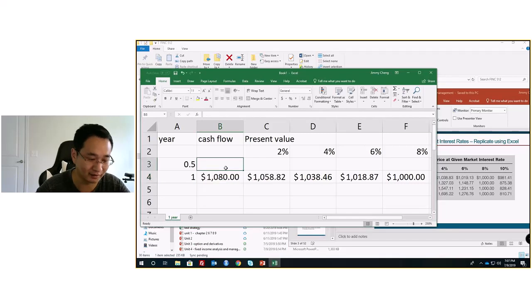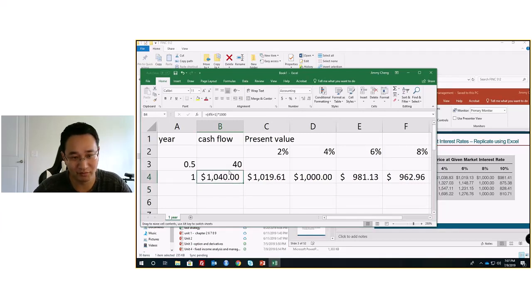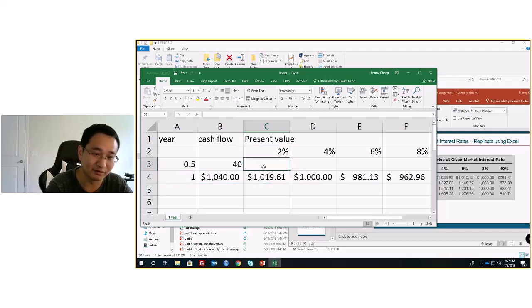This is okay. I think this is what's going on. They did semi-annual compounding. So if you do this, divide by 1 plus rate to the power of